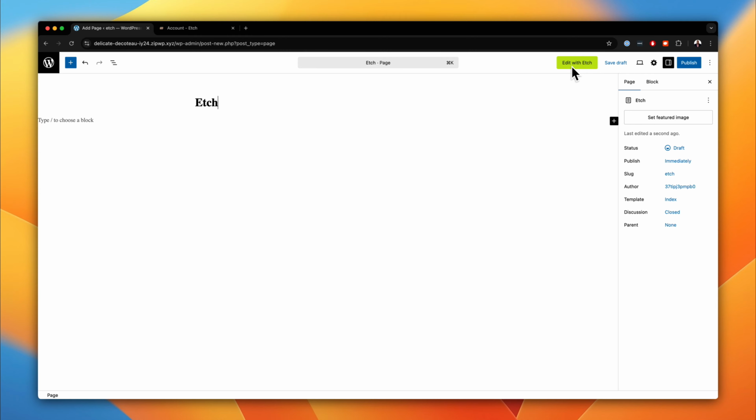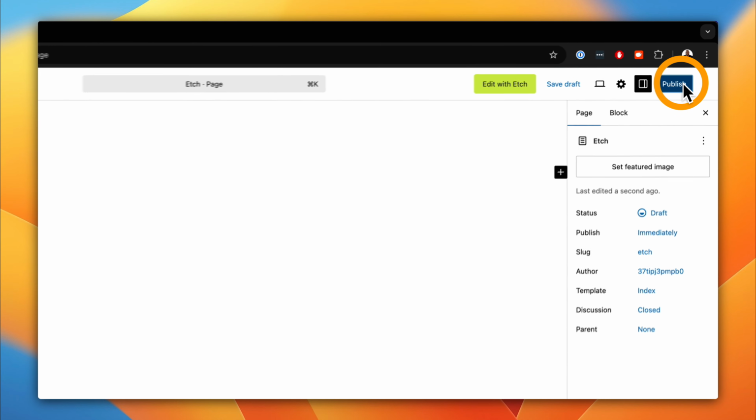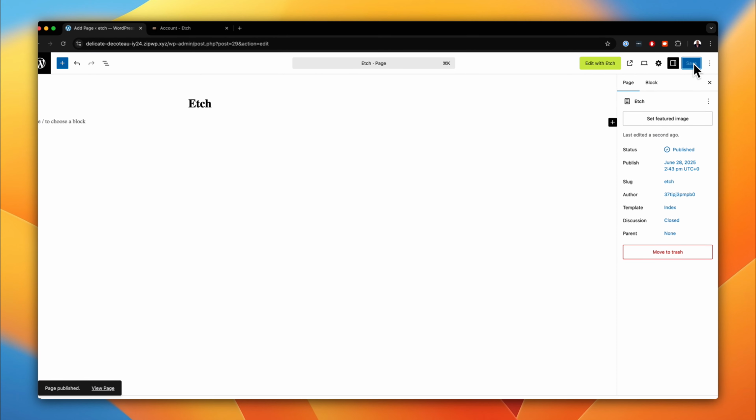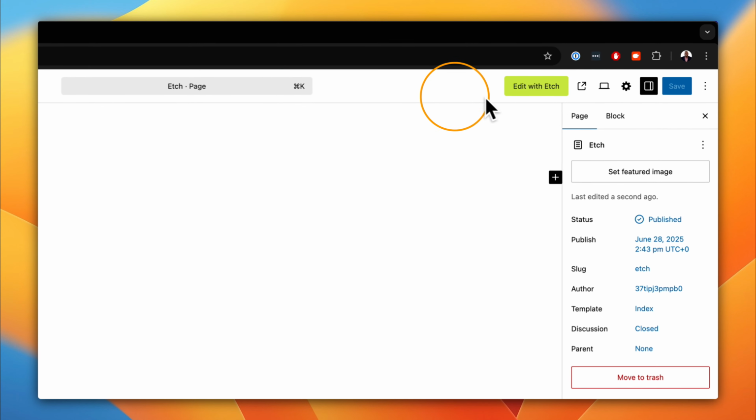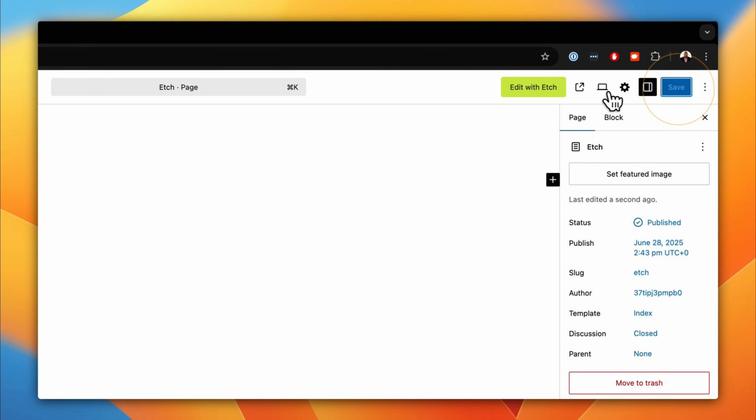So far it's pretty much straightforward, but I'm going to publish this page first. And then we are going to start working on this. Okay, so it looks like it's done. I'm going to click now on edit with Etch. Now,